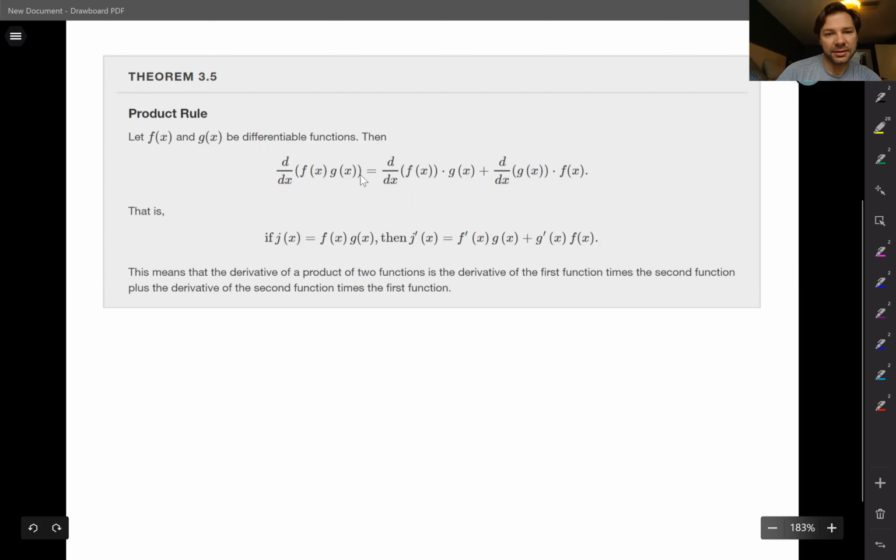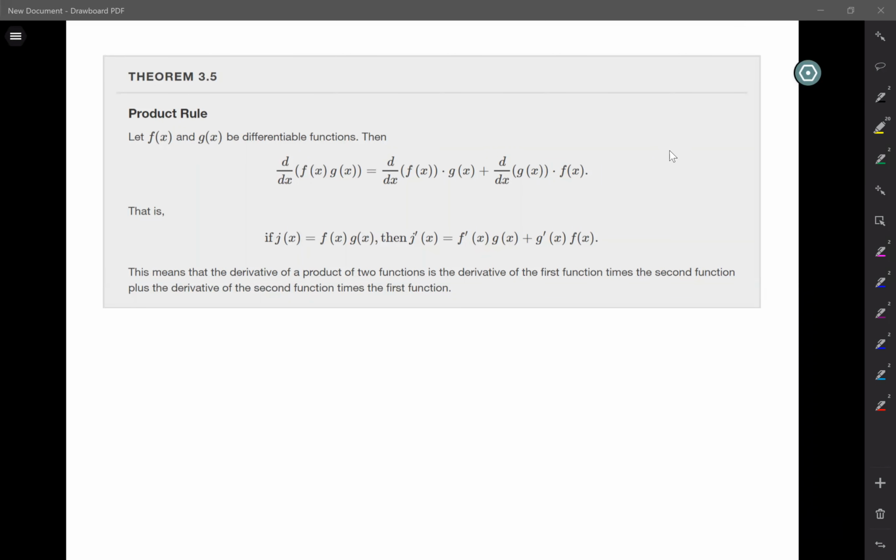And the way I look at this is if you have the derivative of the first times the second, then it's the derivative of the first times the second, leaving it alone, plus the derivative of the second times the first. And I'll go through some examples here in just a second. So since I'm flipping over to my tablet, I'm going to turn off my video. Okay, so again, the way I think of this is if I have